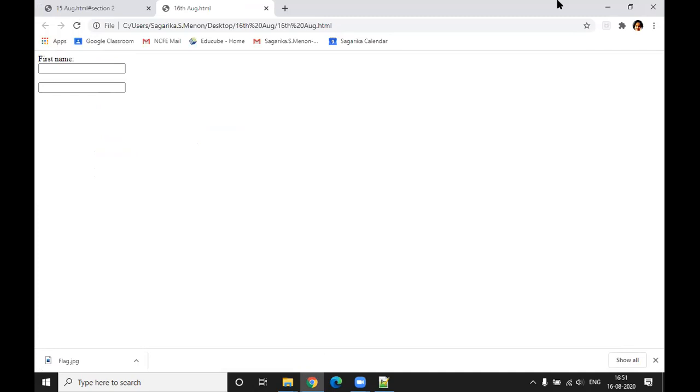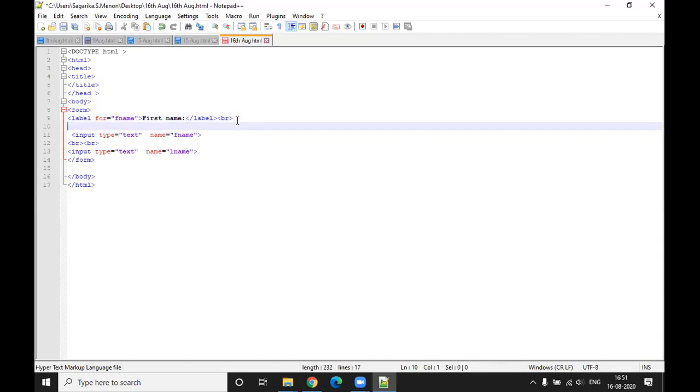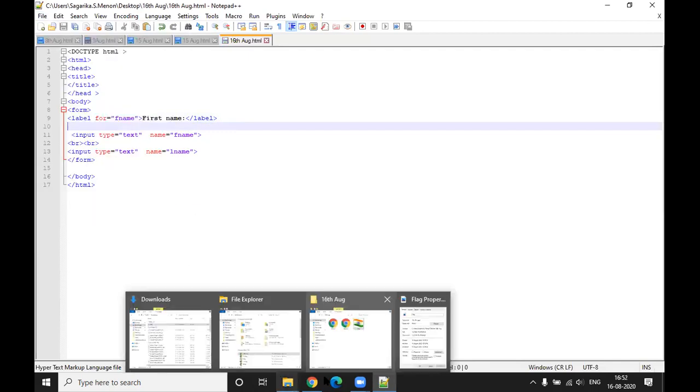Now let's do one thing, Sagarika. Go back to your code. Okay, sir. And try to understand this BR thing. Can you remove this BR? Let's remove this BR, then save it and show me the web page. Yes, sir.